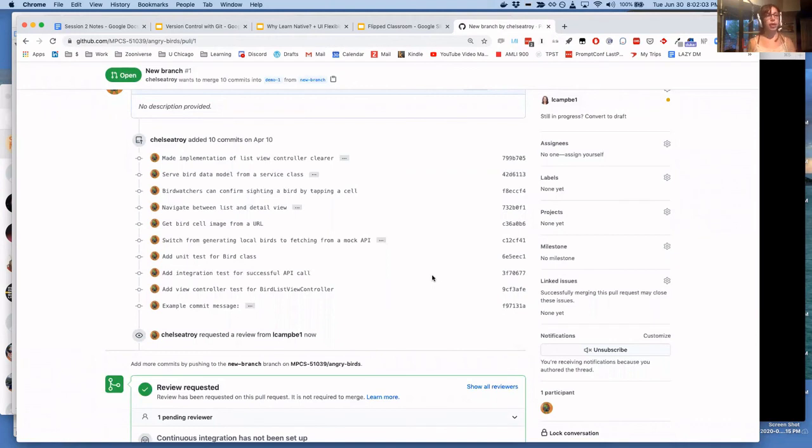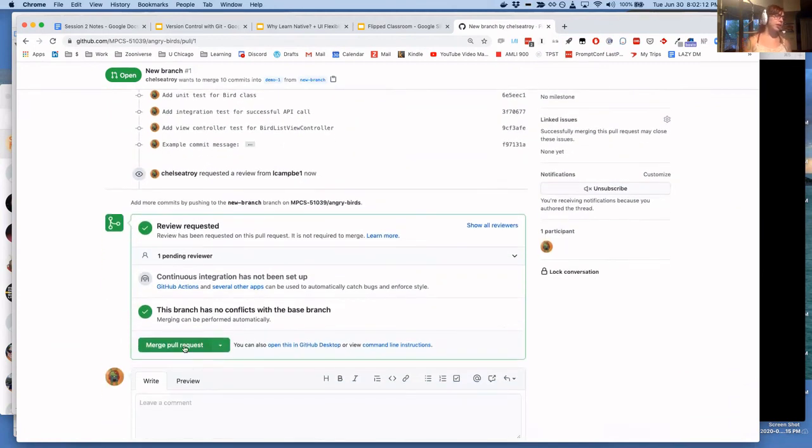Should it be changed this way? I don't like the way you did that, this, that, and the other. Developers can have a conversation in a pull request about the way that code should be changed. Ultimately, when everybody's happy with it, you can hit the merge button, and that's going to take all of this code and it's going to merge it into your main branch, which is the one that